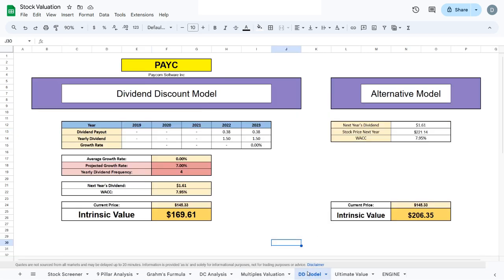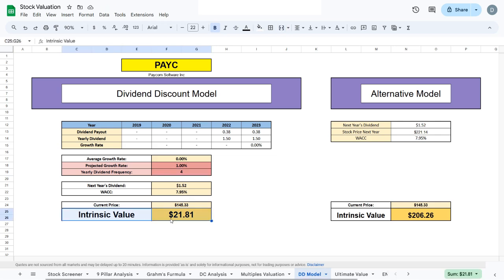Now moving to our final valuation model, I will actually project a growth rate of 1% into the future. But when I project this low of a growth rate and the company has a higher WACC, the intrinsic value comes out very, very undervalued, very, very low. So we will use our alternative model, where we will use the next year's dividend, the stock price next year, and the WACC of the company, and calculate an intrinsic value of